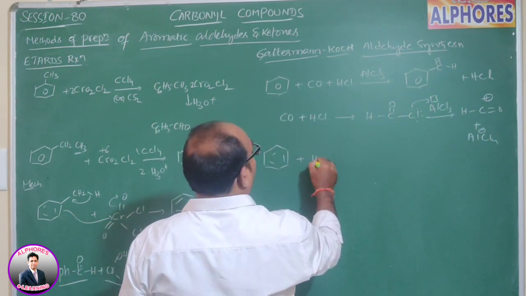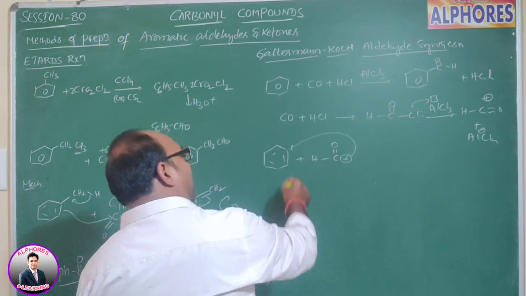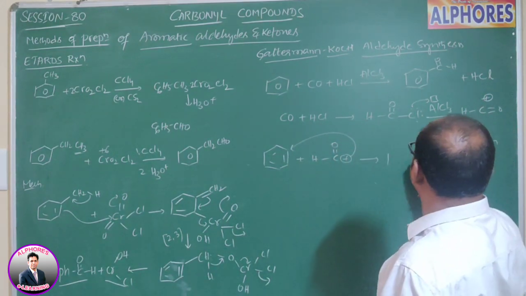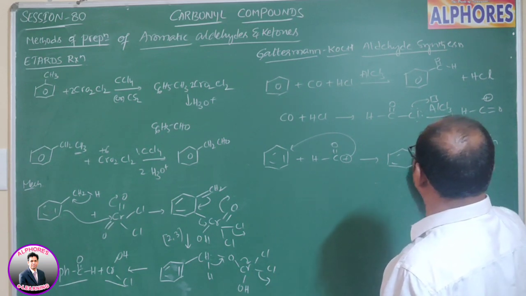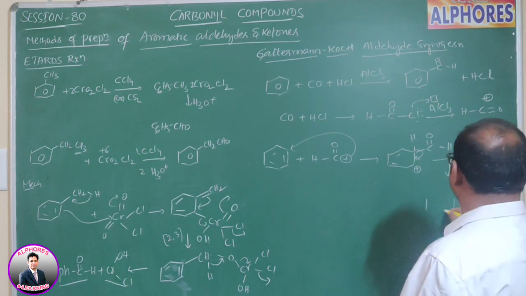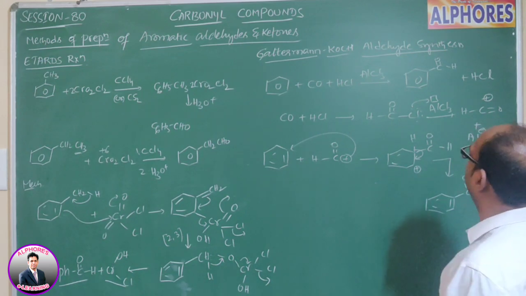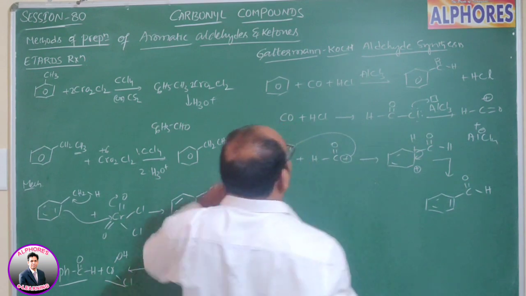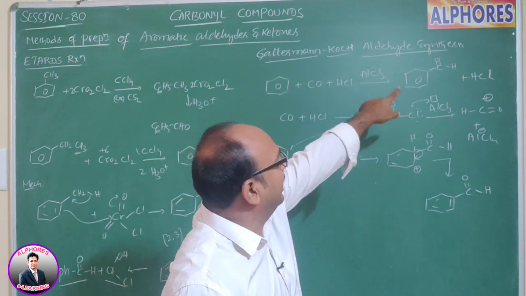So benzene is an electron rich species and now there is the electrophile. This electrophile approaches one of the carbon atoms. As a result we get C double bond OH, and now the ring bears a positive charge, and the CH sigma bond electrons shift towards the positive charge. As a result we get C double bond OH, and the aromaticity of the ring is regained. So overall, carbon monoxide and HCl with AlCl3 add to benzene to give benzaldehyde.